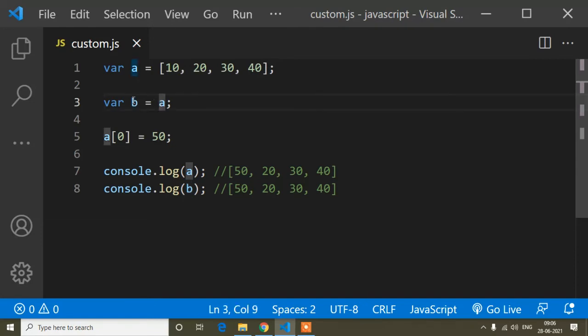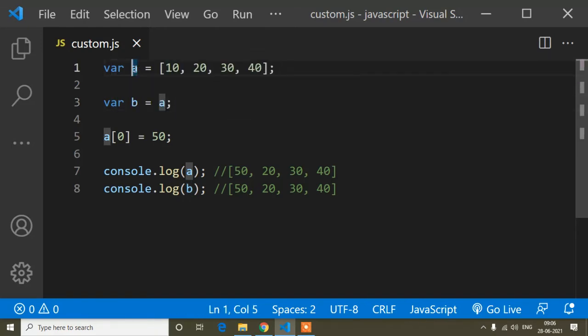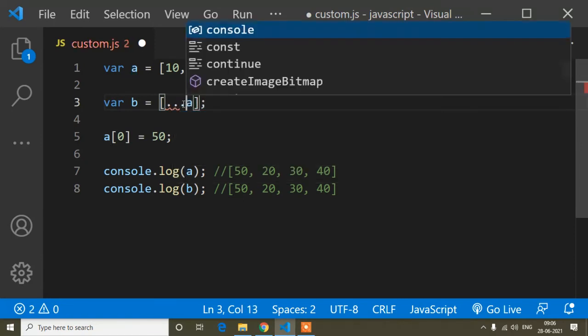So that's where the spread operator is used. Here you can see I have written b = a, so I simply assigned all of a's values to b using the variable only. But now I will define it using a spread operator. The syntax of the spread operator is square brackets, three dots and the value of a, like this.